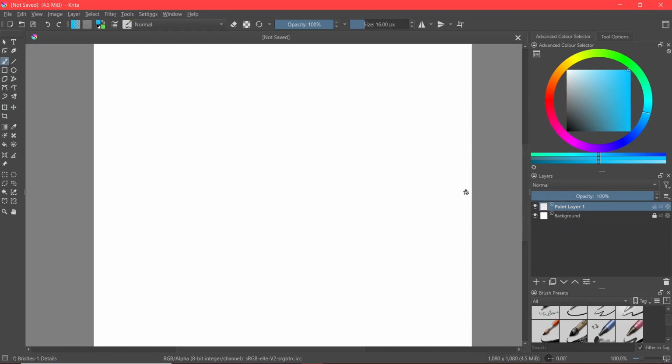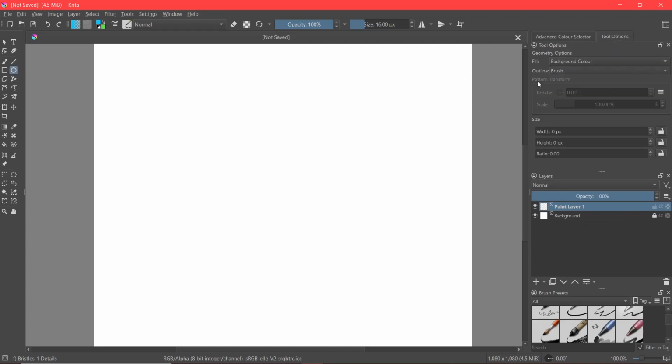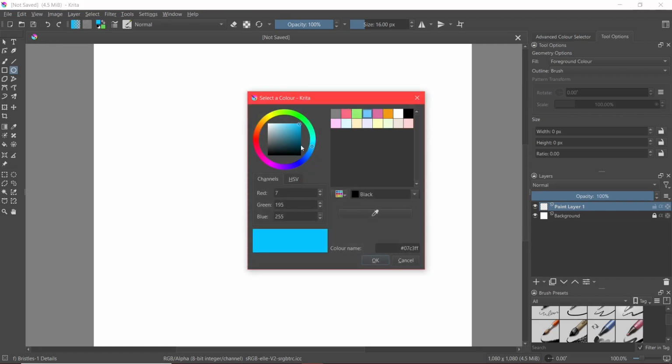So we can make an example. We can create a circle on this layer. And as we saw in the previous lesson, if we go into tool options and click fill background color, we can choose how the circle will be filled. So for now, let's just say that the circle will have the same color as the foreground color. So let's choose a color here. Let's go for